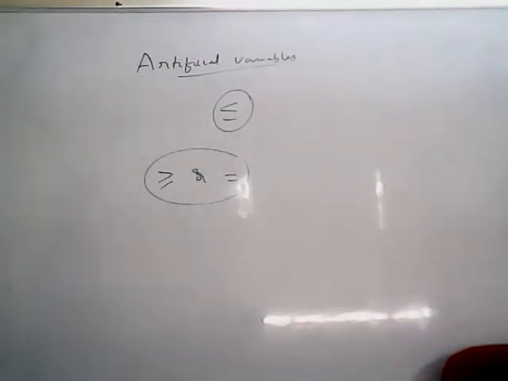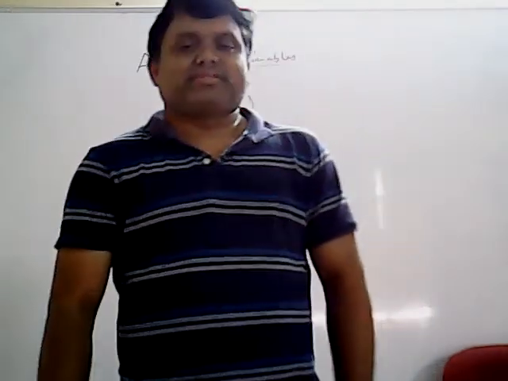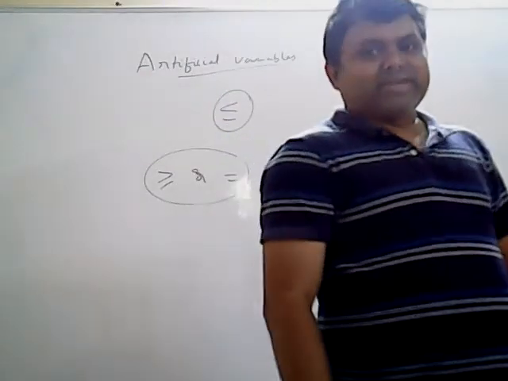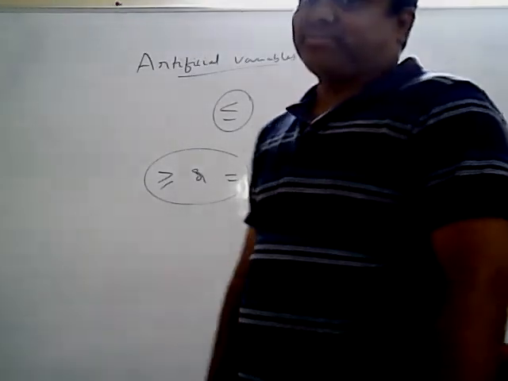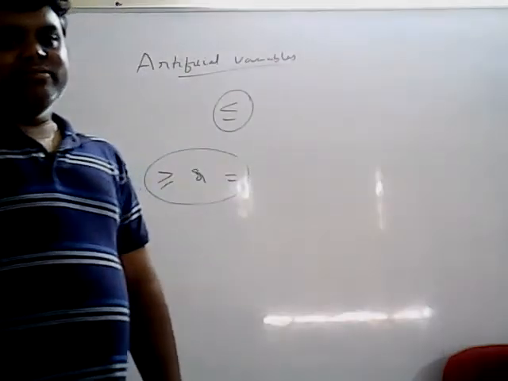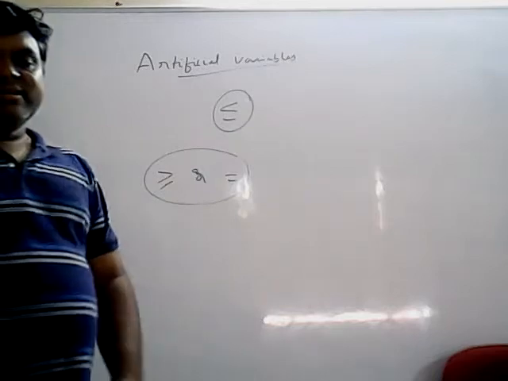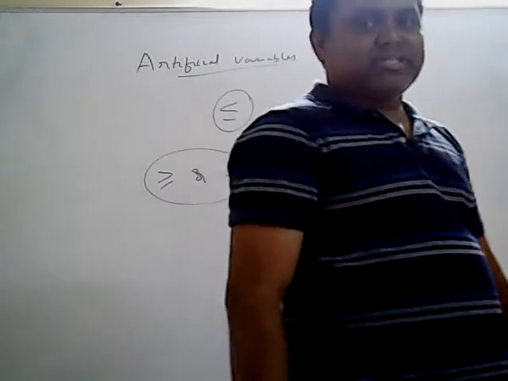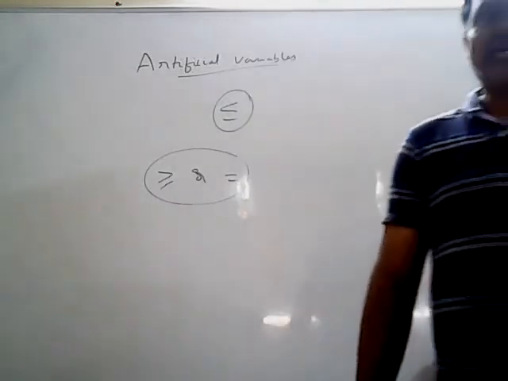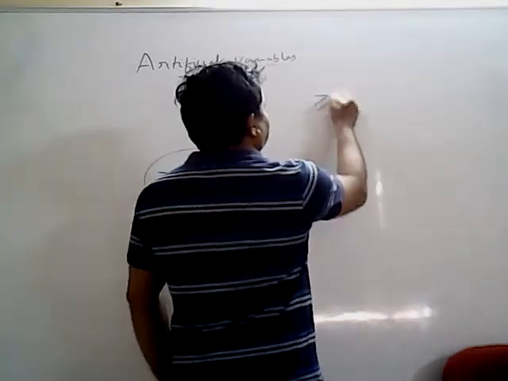Already you know slack variables and surplus variables. What do you mean by slack variables? A slack variable is a non-negative variable which is added to the LHS of the constraint to make it an equality. Slack variables are generally used for less than or equal to type constraints. Then you have learned the surplus variable. What do you mean by surplus variable? The non-negative variable which is subtracted from the LHS of the constraint to make it an equality is called a surplus variable. Surplus variables are used only for greater than or equal type constraints.